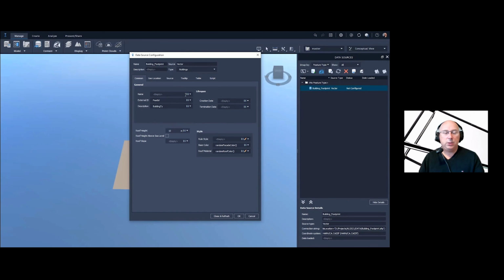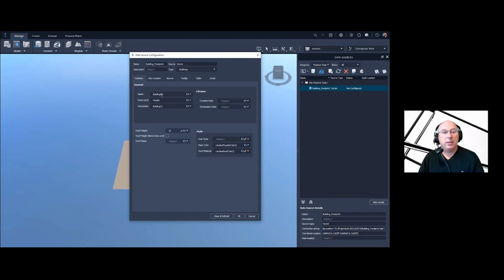So the reason I do this is when you bring a shapefile or any other kind of vector file into InfraWorks, all the attribute data that's in the DBF or the database for that matter does not come across for the ride. What you have to do is match a column in the file with some attribute of the building, for example. So for example, now the description, which is permanently part of the buildings, is going to be the building type. And the name of the building will be building name.